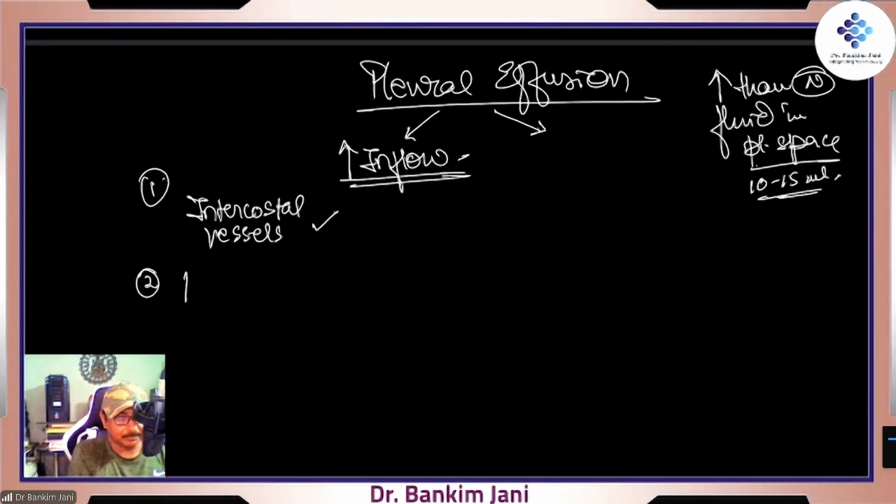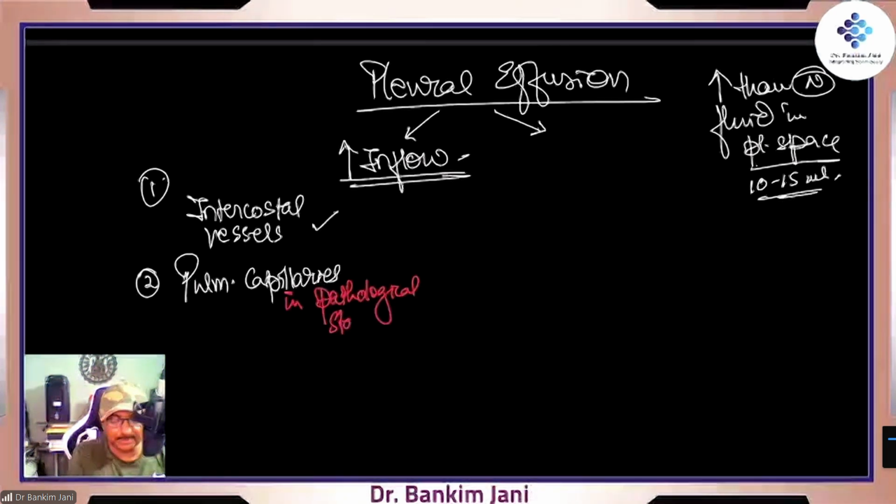Second, pulmonary capillaries. Pulmonary capillaries under normal circumstances won't be pushing any blood, but in a pathological state, that is in case of any disease, they do. Normally they don't push any blood. What if